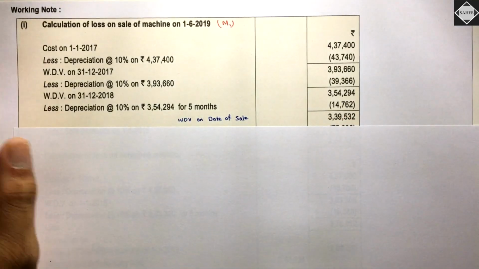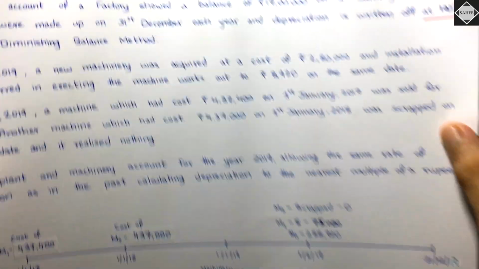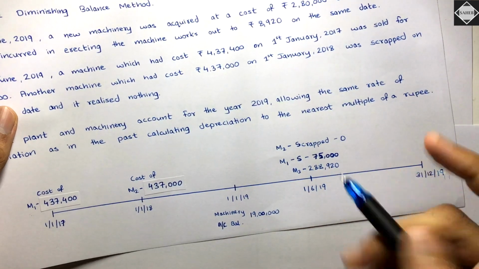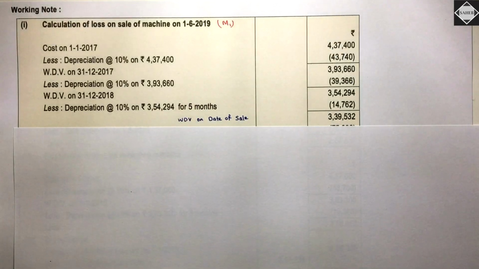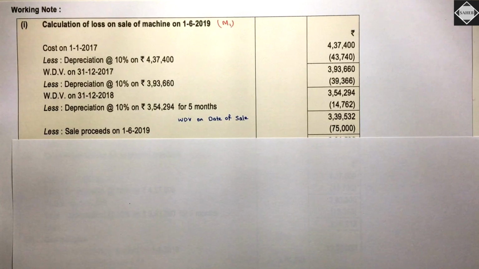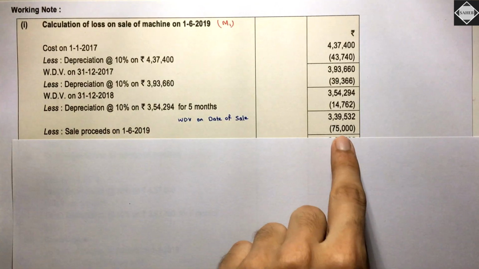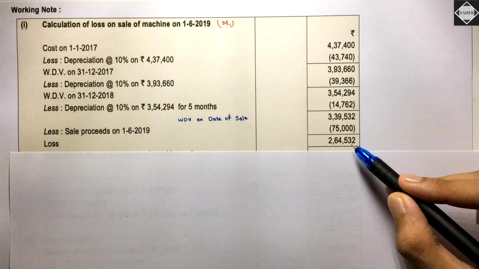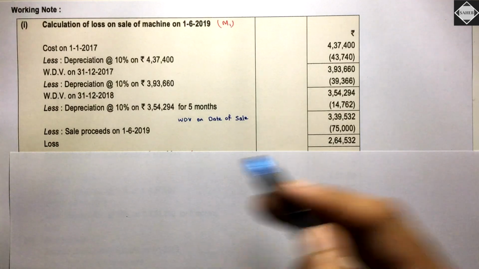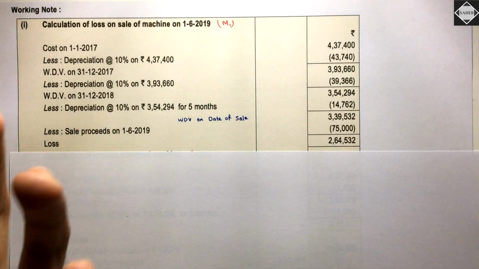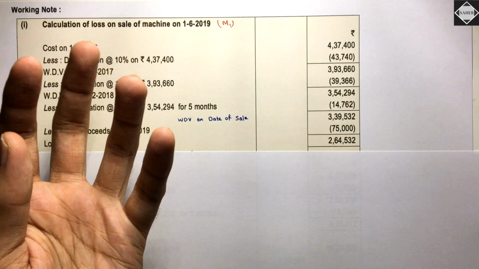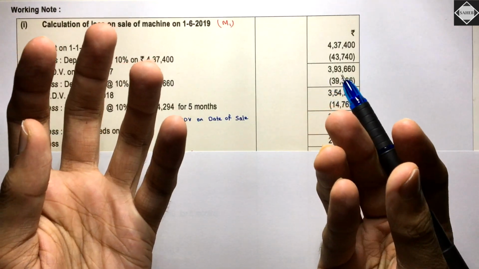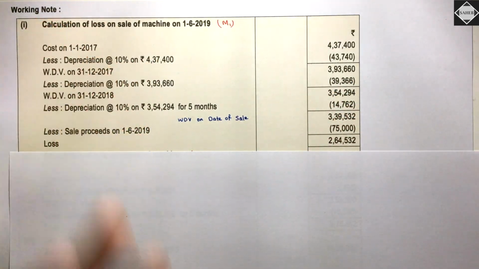So what do you do next? You have reached till the date of sale, you have calculated what is the WDV of M1 on the date of sale. You have to compare that with the 75,000, the sale proceeds. How do you do that? You all know, we just subtract the sale proceeds. Okay, 75,000. So if you subtract that, then we find out that 2,64,532 is the difference, and that difference is loss. You can easily understand now. 3,39,532 is the book value on the date of sale, and then you have just got 75,000, just a little bit, right? So of course you have made a loss, and the loss is